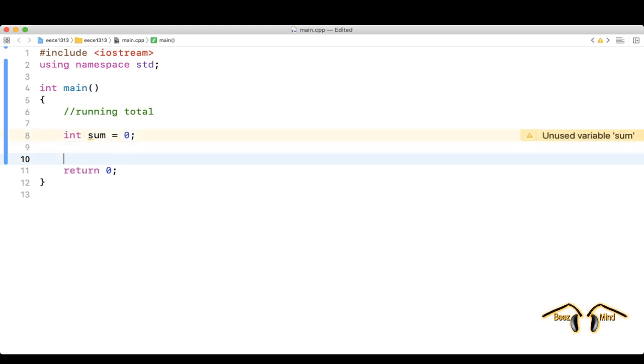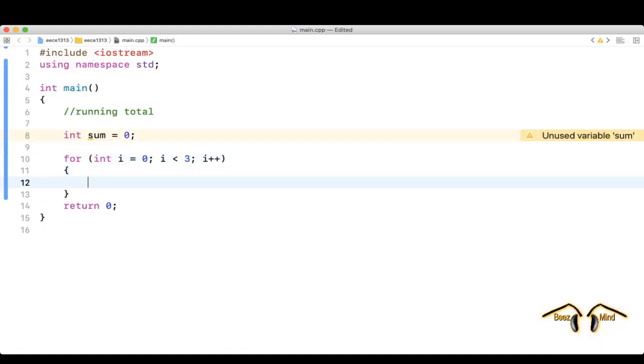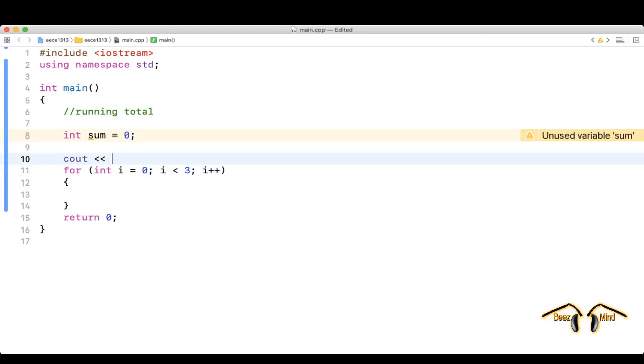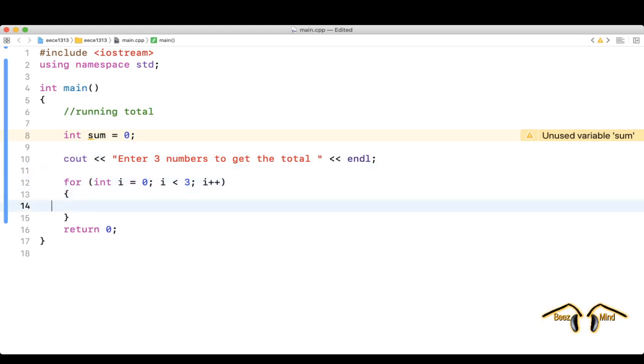For example, for I from 0, I less than 3, I plus plus. So you are asking the user to enter three numbers to get the total. In this case I create a loop to loop 3 times to ask for the input from the user 3 times. And cout enter